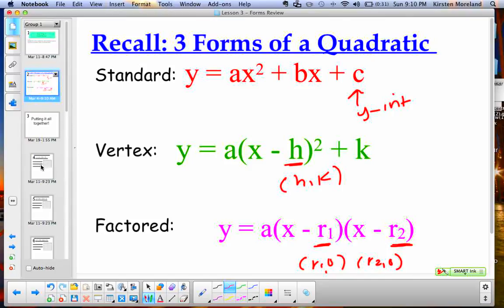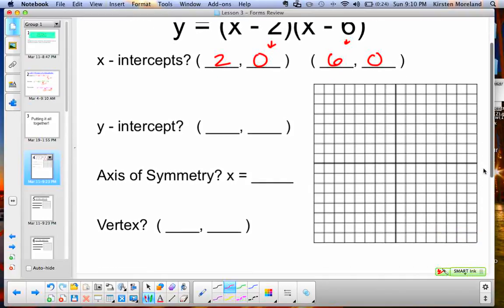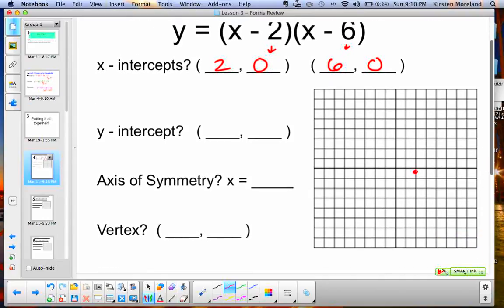So we're going to put it all together, and we're going to start with intercept form. Intercept form is actually beneficial. It not only gives you the x-intercepts quickly, it can also give you the vertex and the y-intercept. The x-intercepts are the easiest. It's the opposite sign, so it's 2 comma 0, and the next one is at 6 comma 0. The graph is going to be your friend on these, so I'm going to go to my graph and plot them. I got 2 comma 0